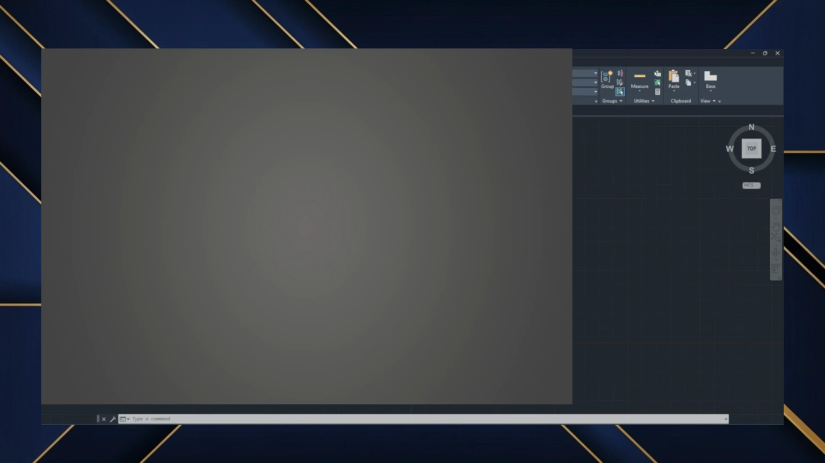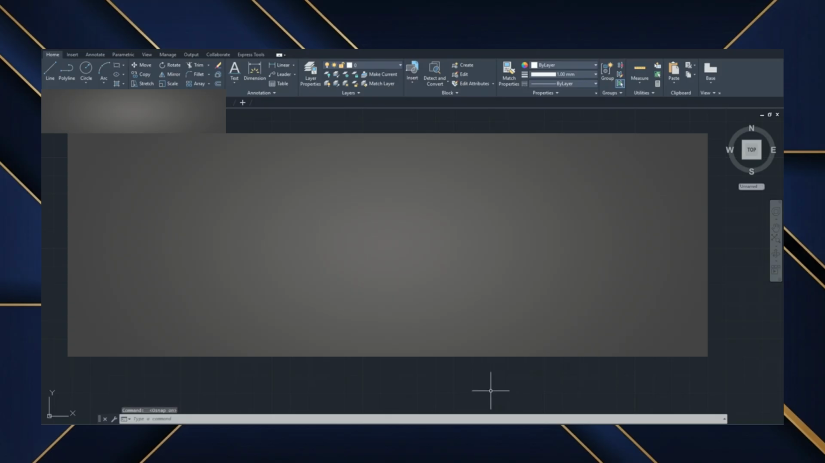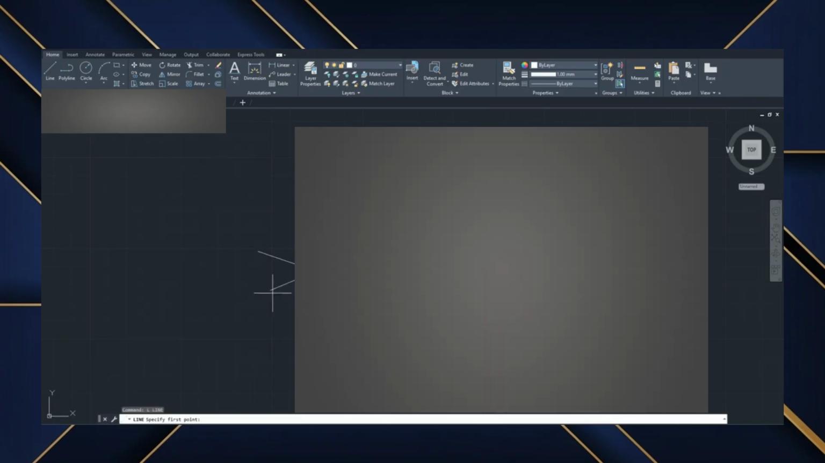In this video, I'm going to show you how to fix snapping not working in AutoCAD. Start by enabling Object Snap using the F3 key or by clicking the Object Snap button on the status bar. Once enabled, move your cursor near an object and check whether it snaps to key points such as endpoints, midpoints,